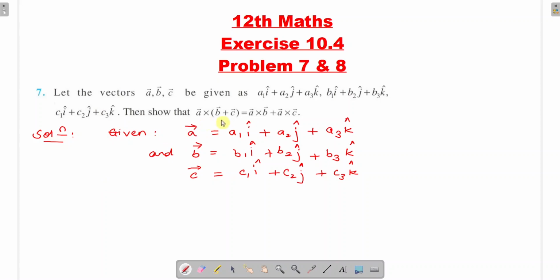Okay, now what we will do is start from the LHS. We have to prove that LHS is equal to RHS. So LHS is equal to a bar cross (b bar plus c bar). Okay, so that means a bar is a1 i cap plus a2 j cap plus a3 k cap